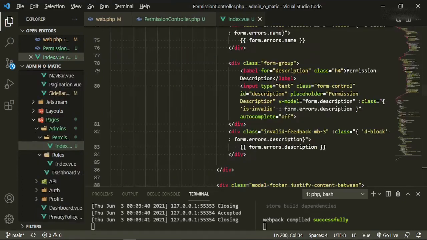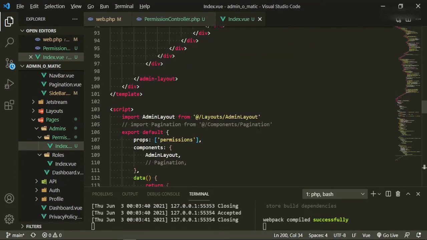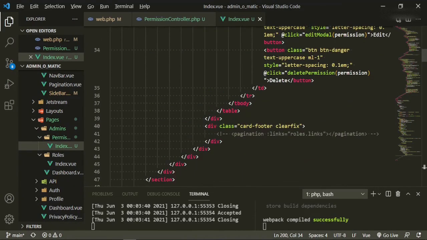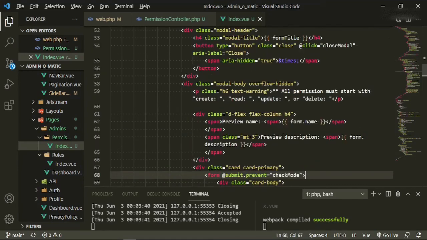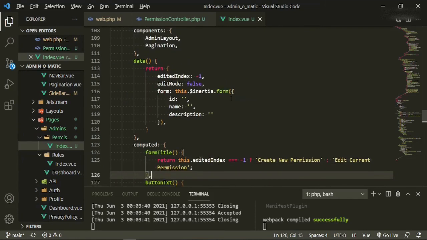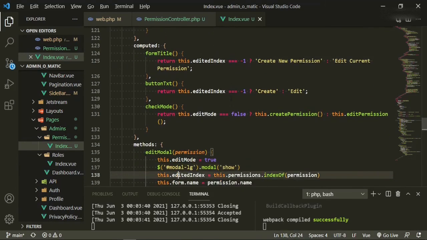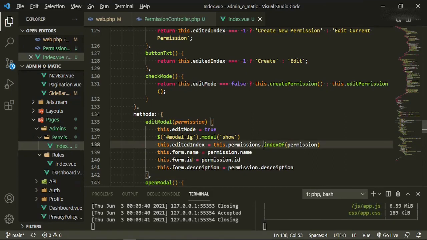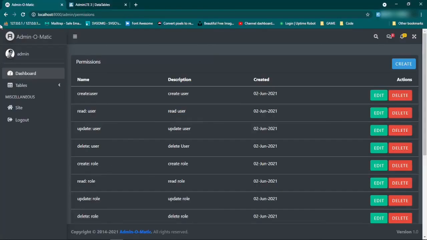So in the index page now, we can go down to our little pagination component. Okay, we need to change this to permissions links. Okay, we can uncomment this, and we can uncomment this, and we need to change the, where is it? Down here. We need to change this to data dot, and everything else should theoretically be the same. Okay, let that finish compiling. We'll go back, refresh,